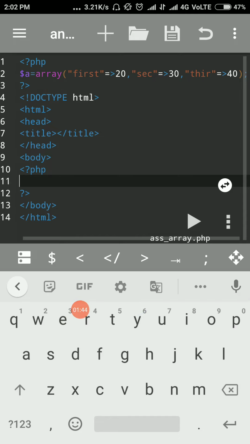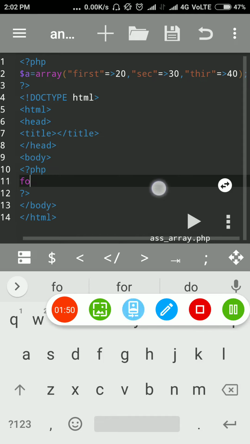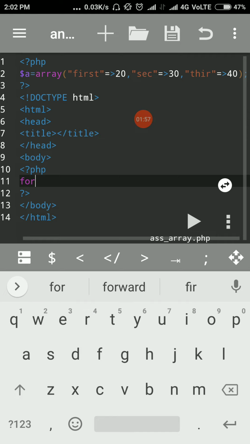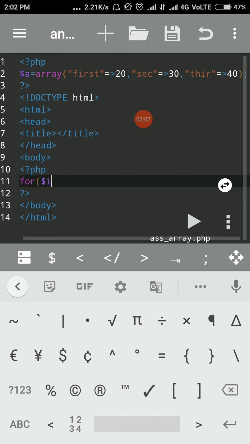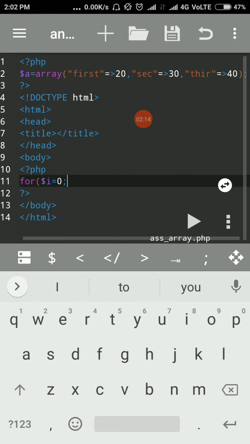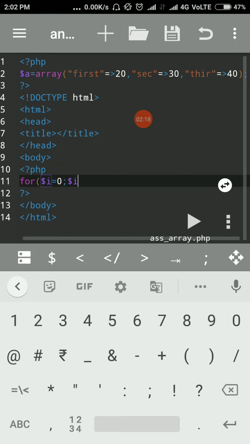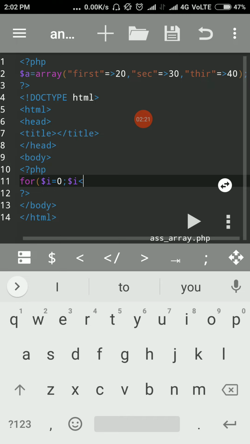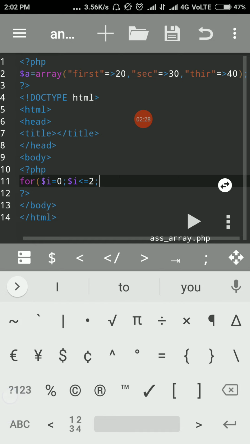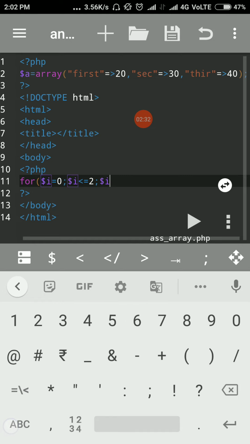We first take the for loop here. Inside the brackets we take $i equal to 0, then semicolon, then again $i less than or equal to 2, semicolon, and then again $i plus plus.